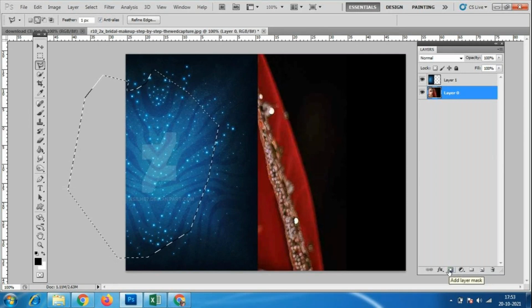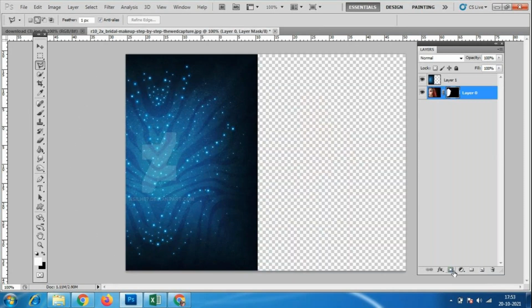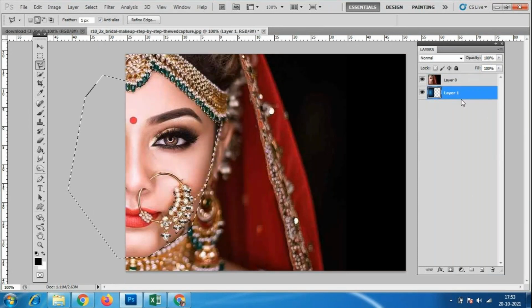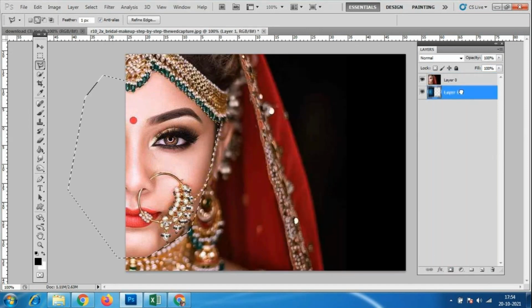How much ever area I have cut here, only that much area will be selected. I will keep this texture layer down, otherwise I have to take it back. Let me check. It's correct actually.